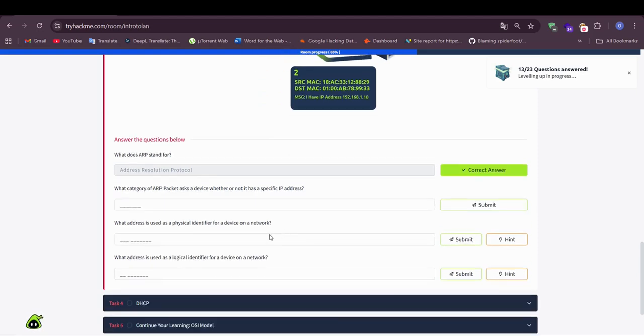What category of ARP packet asks a device whether or not it has a specific IP address? If it asks a device, it is a request.